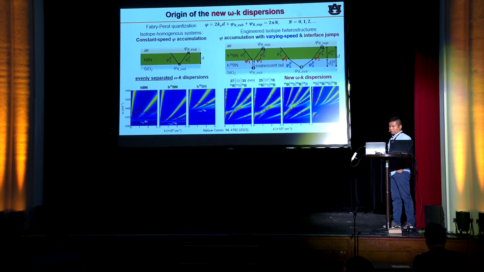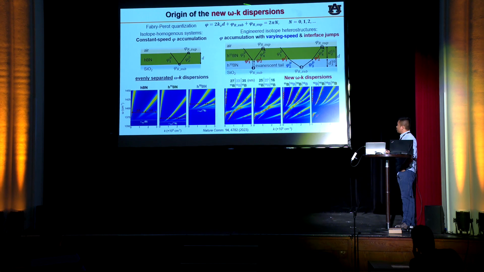The magic of the tuning of the energy momentum dispersion in isotope heterostructures is the phase accumulation of phonon polaritons in these Fabry-Perot resonators. If you think about this isotope homogeneous structure, our phonon polaritons are always propagating in a perfect zigzag. That means these phonon polaritons accumulate the propagating phase with a constant speed. Therefore, with this Fabry-Perot resonance relation, different hyperbolic branches, indicated by different integer numbers, are perfectly evenly separated in